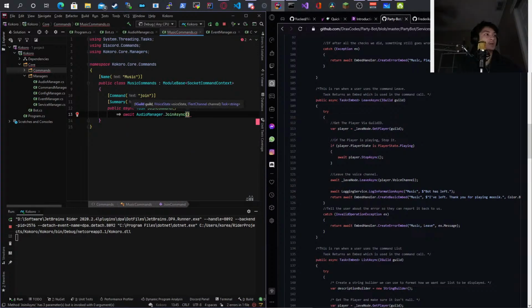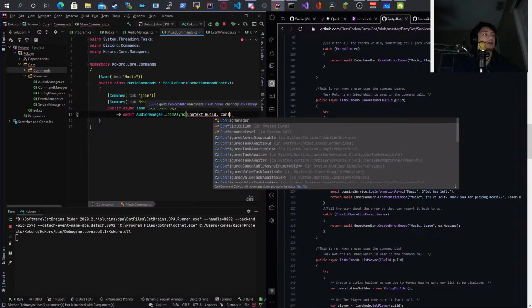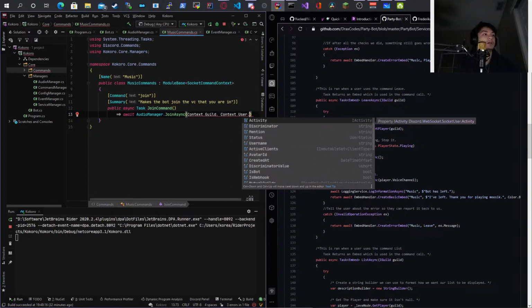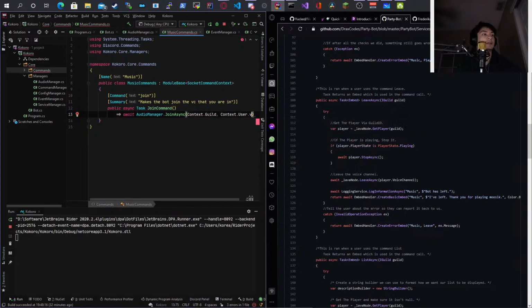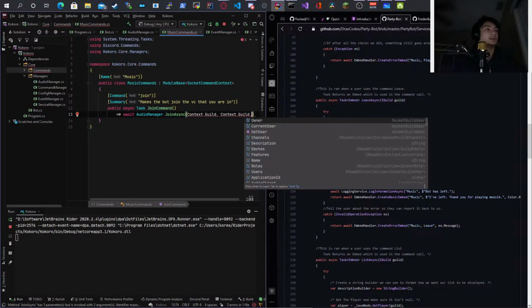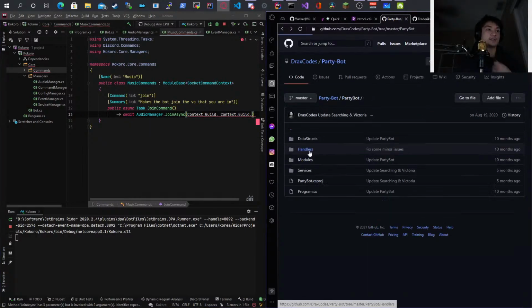And what is it saying? So I need context.Guild, context.User, dot voice. No, it should be guild. Let's see how he did it. There's a certain way you have to do it.